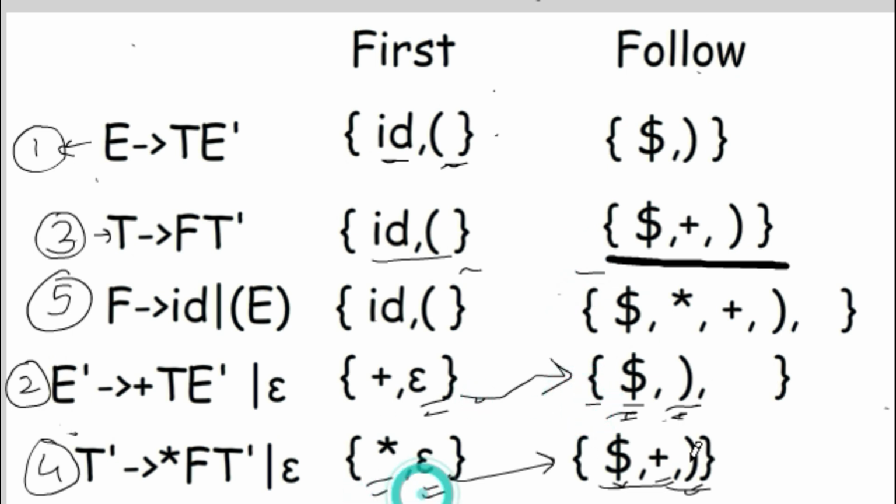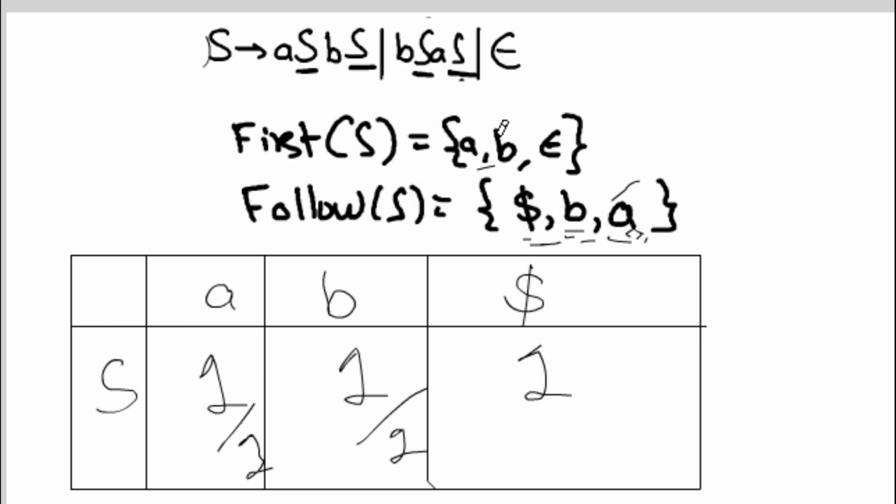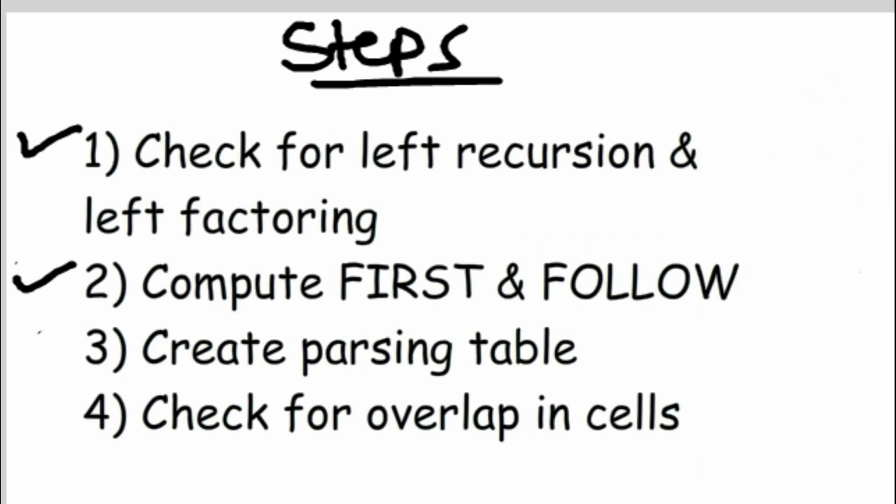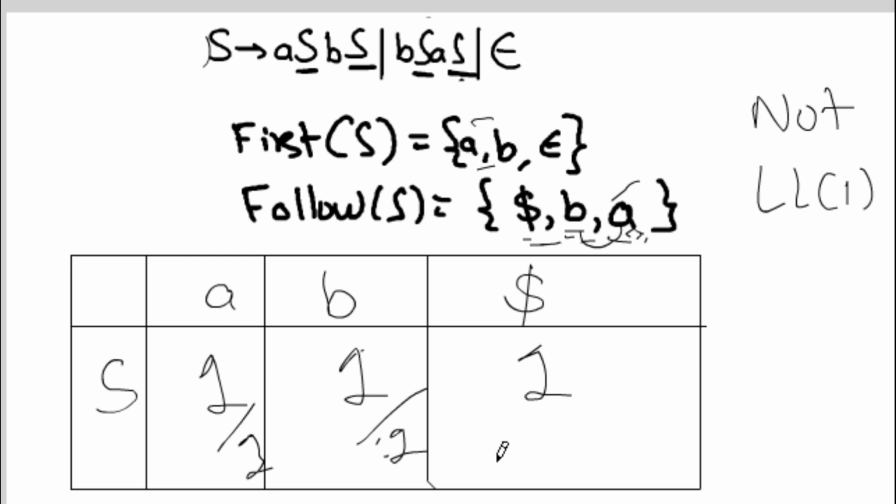There is a different symbol in first, there is a different symbol in follow. But in this case, the first has A, B and even the follow has A, B. So we have to write A, B twice. And in this case, it is not LL1. Why? Because in the last step we created the parsing table, and when we checked for overlap, there is an overlap, so it is not LL1. So this is how you figure out